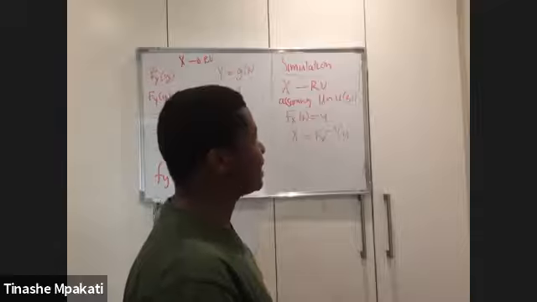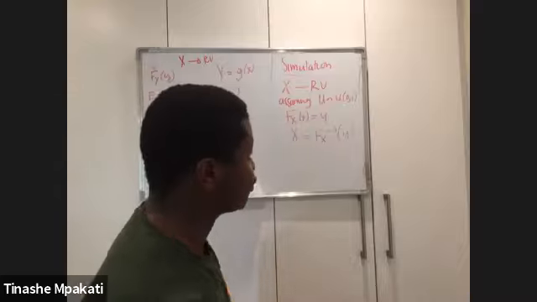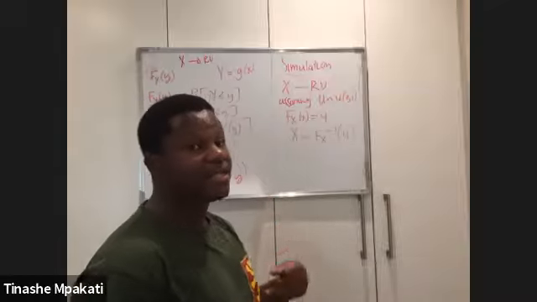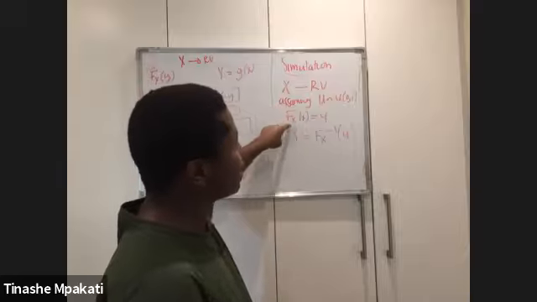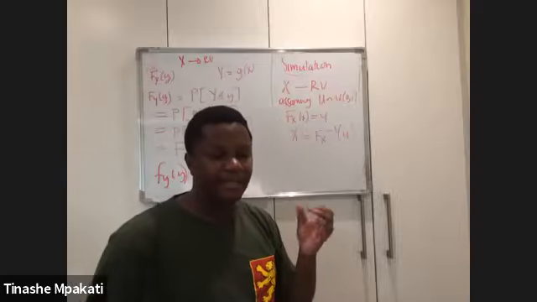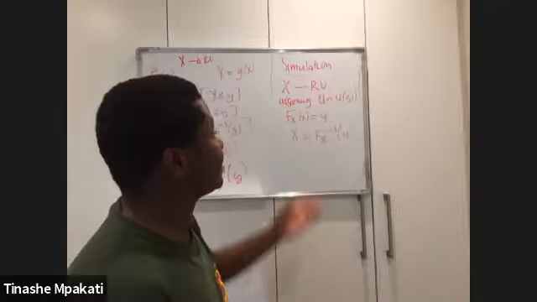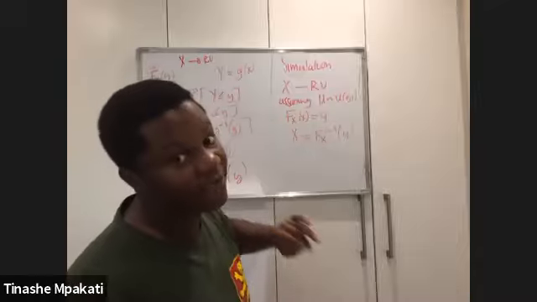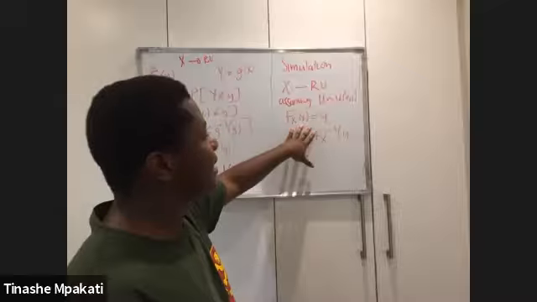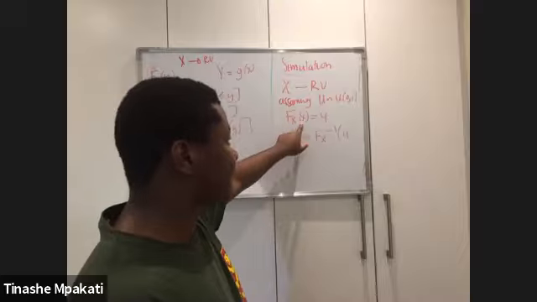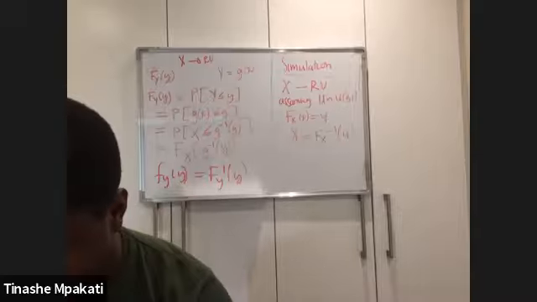So what I'm saying is that here you assume that you're given some random numbers which have a uniform distribution between 0 and 1, and for you to then generate or simulate that random variable, you simply take the CDF, which is the tricky part. Like I mentioned earlier, the 3 distributions I want you guys to go over. Getting the CDF could be the tricky part in this kind of question on simulations, right? Otherwise, once you get the CDF, all you have to do is equate it to u, and simply solve for x.